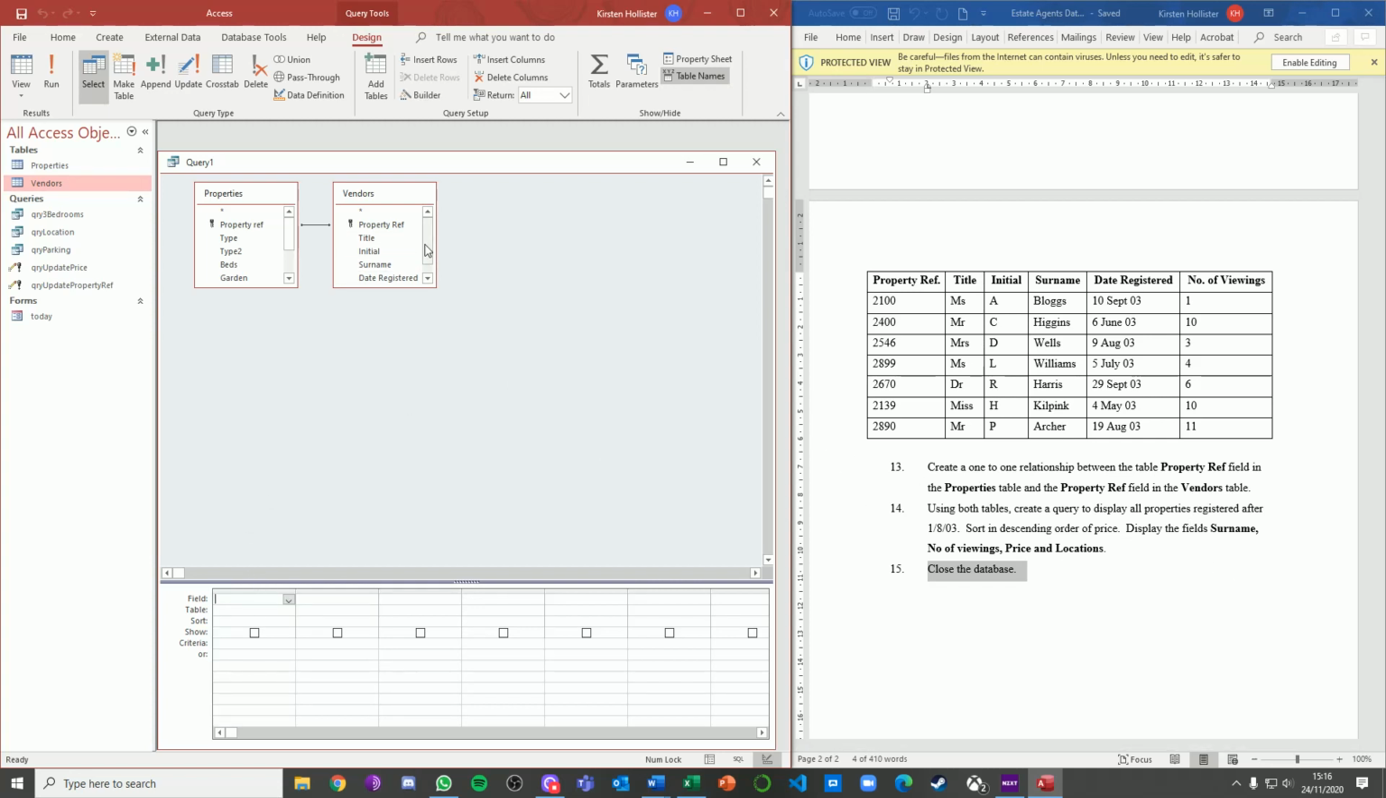Right, so surname, number of viewings, price and location, and I also need to add in the date registered, although I won't display that, but that will be used for my criteria. So it's got to be for properties registered after the 1st of the 8th, 2003. So I'm going to do more than